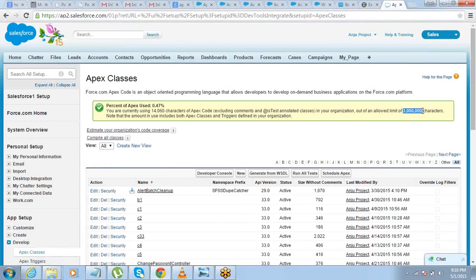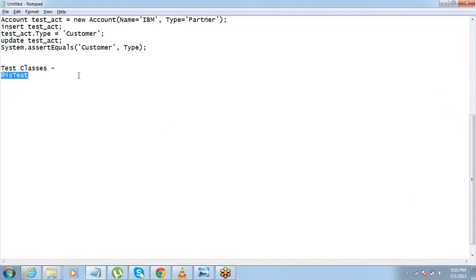Characters, okay? Not 3 million lines. So this is the limit for the actual code. It does not include the test code and all, right? So when you write this @isTest before the start of a class, this is not counted in that limit. Okay, so these classes will be excluded from that limit.